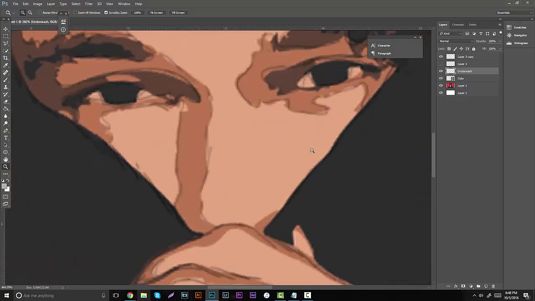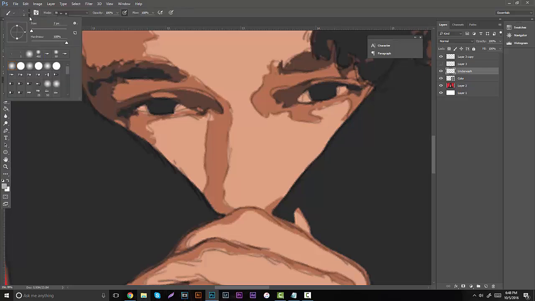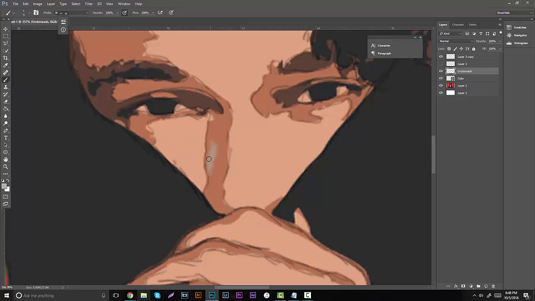Alright, so we're going to zoom back in, and basically all you literally want to do is take this brush. You can even take the size up from a 2 and put it to, alright, maybe 84 is a little bit too big, maybe like 20 at the most, maybe even lower, maybe like 8, 7, no, still more. How about 5? 5 might be good. And take this underwash that you have and basically just, just like you're painting,